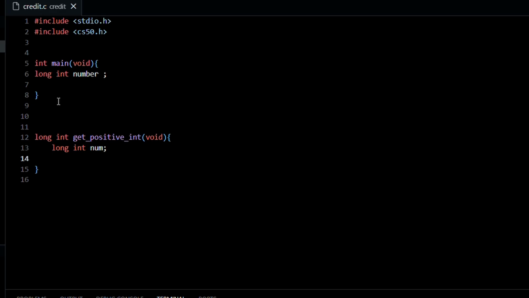Let's initialize a long int num. Let's make it so that a do while loop is run, and inside the curly brackets I could write num equals get long number, while number is less than 0, and let's return number. Now let's go on to here, printf